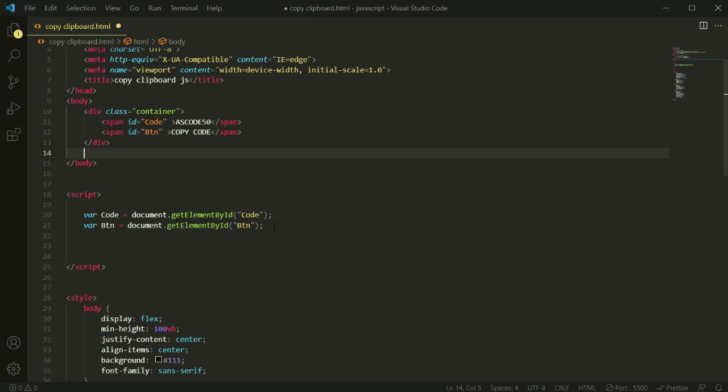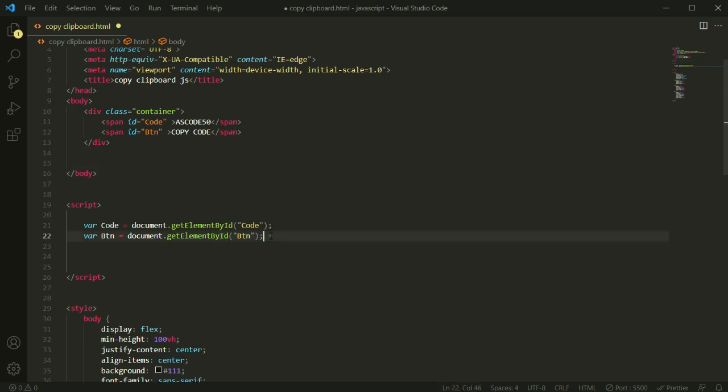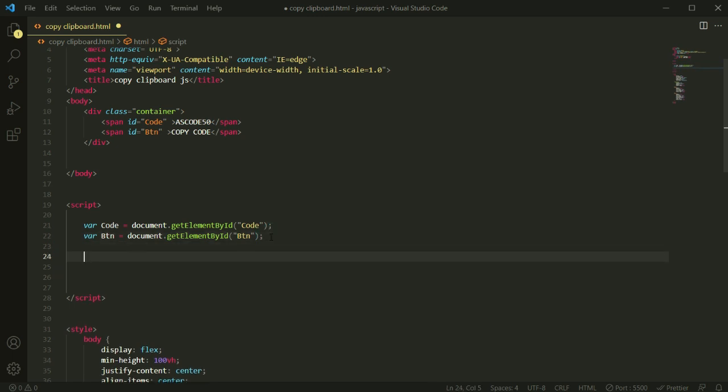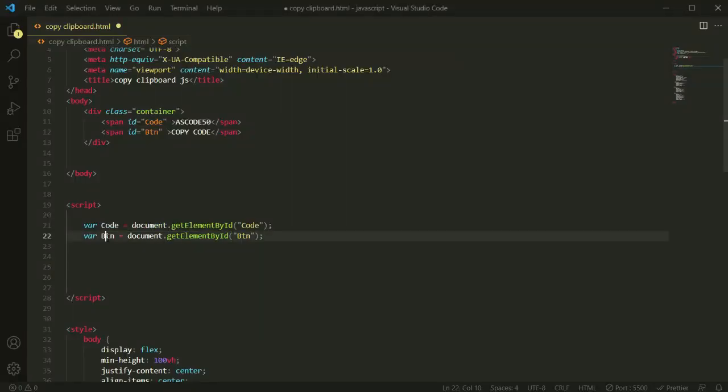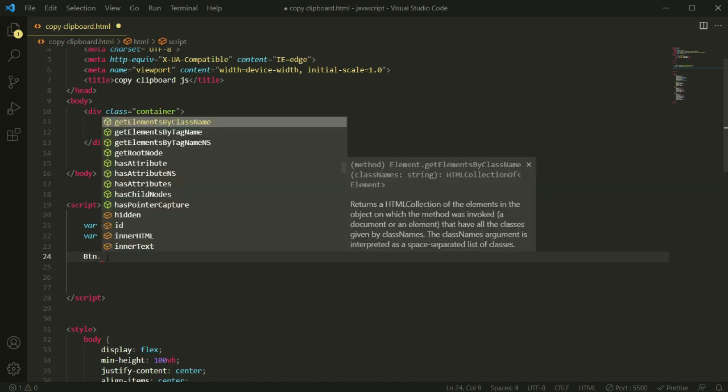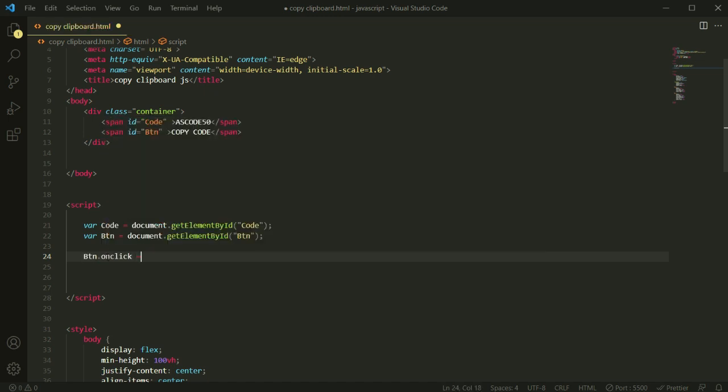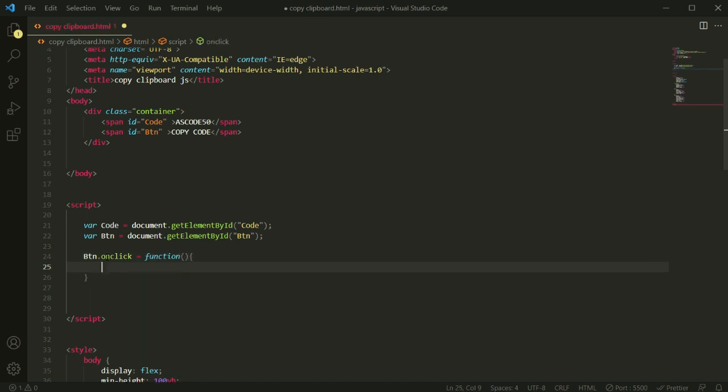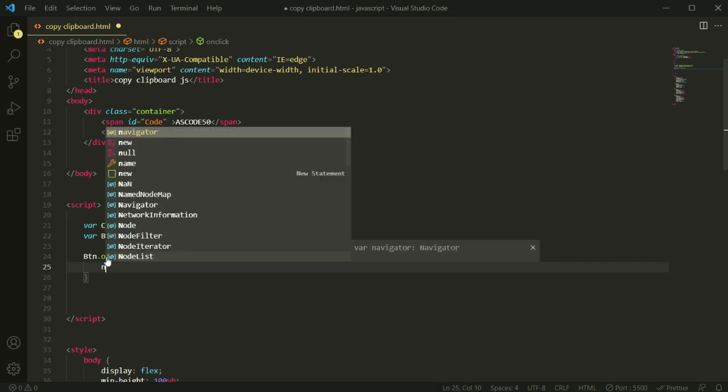So now we are going to apply the click function, that is an onclick function. So let me go down and make a double space here. So the function we are going to apply runs when we click this button, so this function will play just by clicking on it. So let me copy this btn. This is our variable. So let's place this variable here, and this is dot onclick. When we click on this, it will run a function. So let me write that function. So it will run a function, that is when we are going to navigate this.